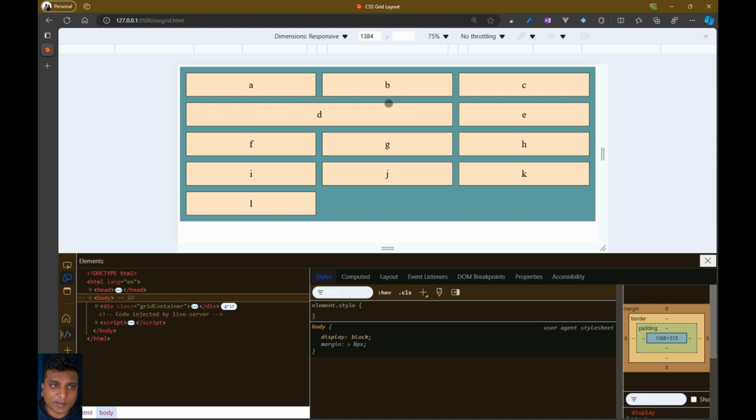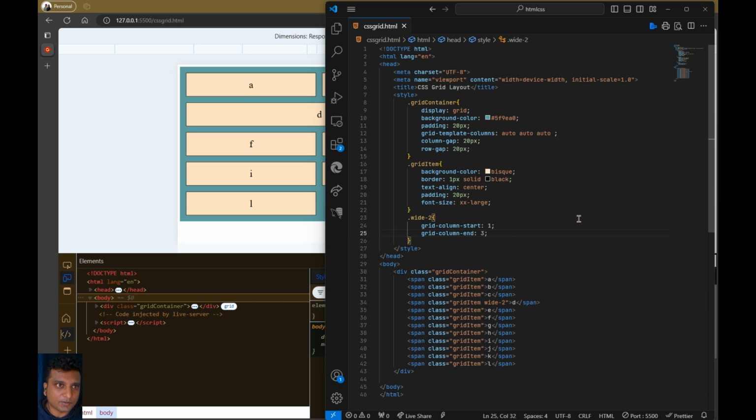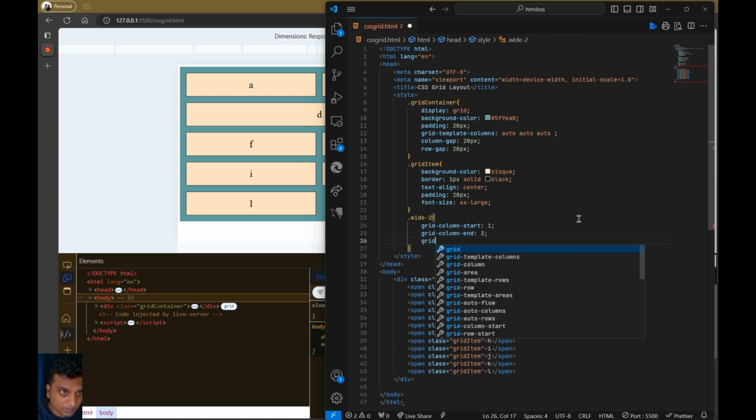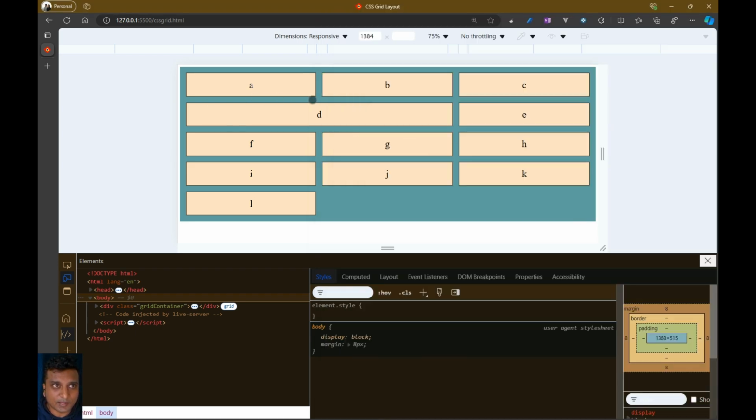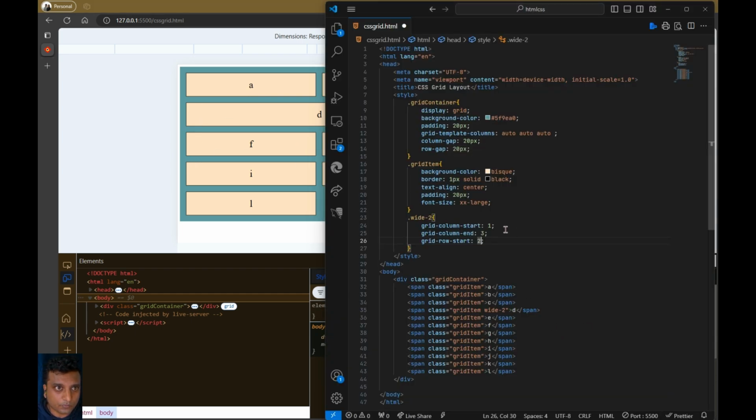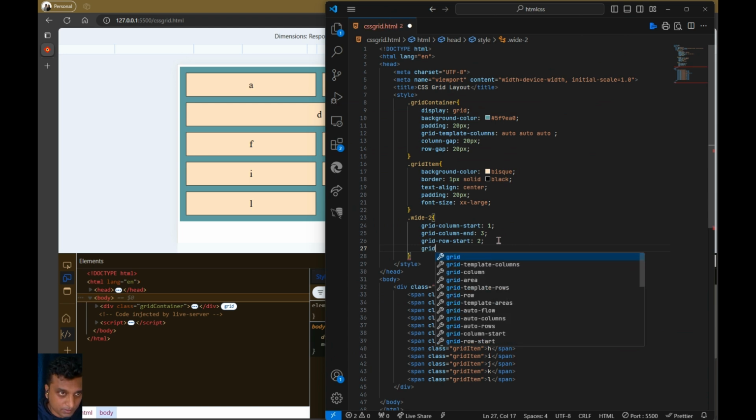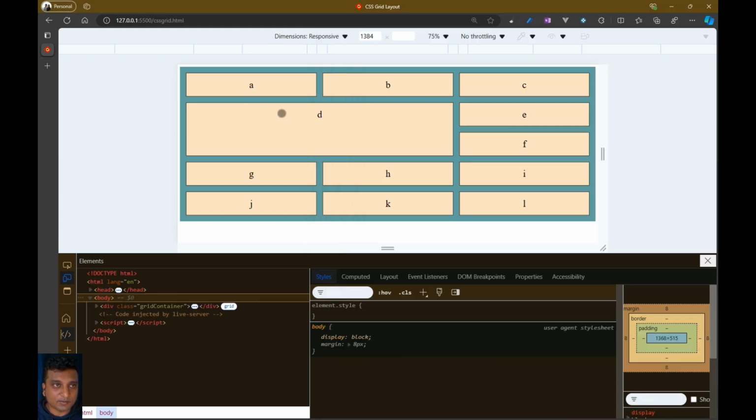Also, the same setting can be applied for rows. Now let's see how we can do the same for row lines. So let's say we have grid column start. I can also try to apply grid row start. And let's say I give grid row start from line number 2, because the line visible over here is line number 2, and I want it up to line number 4. So let's go for grid row end, and that is going to be line number 4. And once I save it, you can see it has taken up the space for the entire 2 columns and